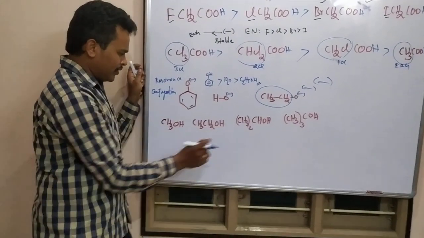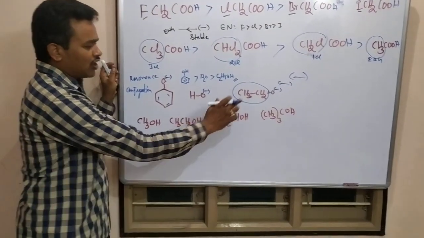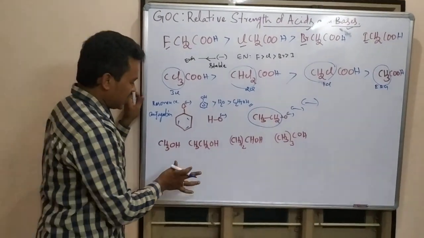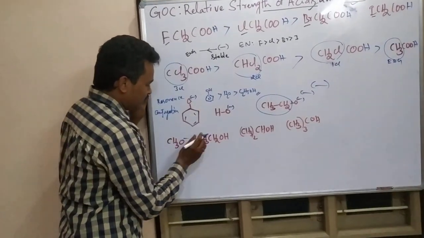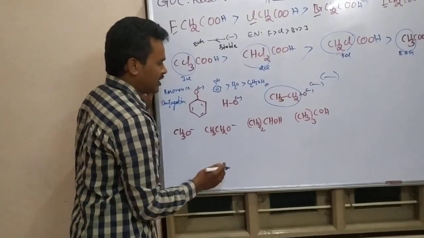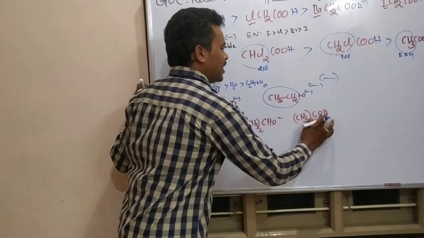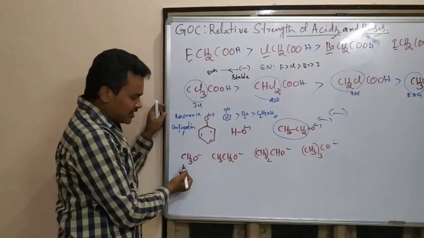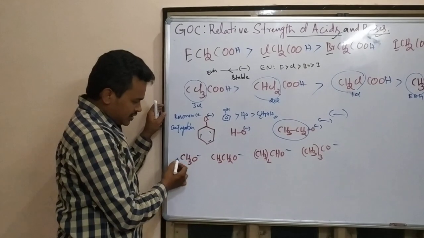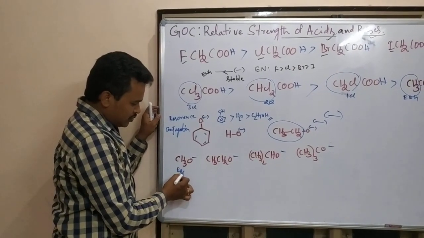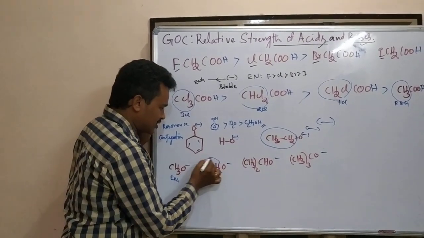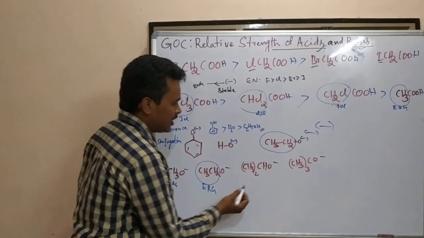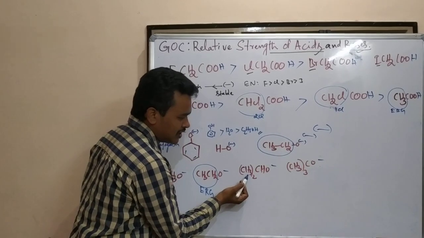Here also what is there? Again as usual they are giving, these are alcohols. Which alcohol is a stronger one? Again inductive effect only. H plus removed, minus, H plus removed, minus. So where will this oxide ion be stabilized? CH3 is an electron releasing group, releasing some part. This is also releasing. This is comparatively a more releasing group. Here, how many methyls are there? 2 methyls are there.